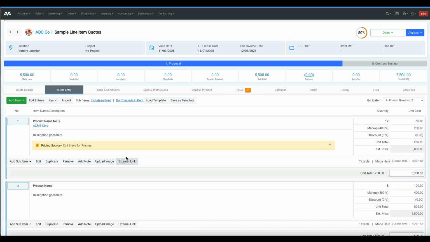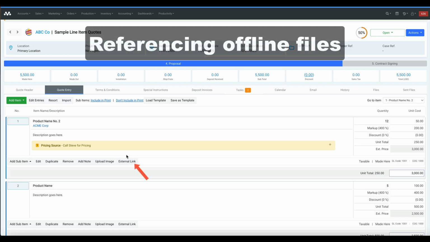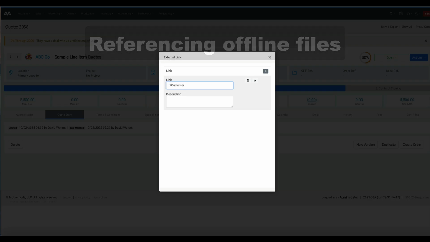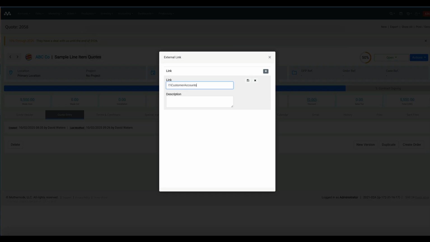And this is a very useful tool because a lot of times people have artwork or drawings that are going to be very large to upload, so they're going to want them on their local drives. If you have the external link over here, this allows you to apply a path. So you can say, okay, F drive, customer accounts, and then you can say artwork. Okay, so maybe this is a folder that's over here, and I can put in here like CNC production